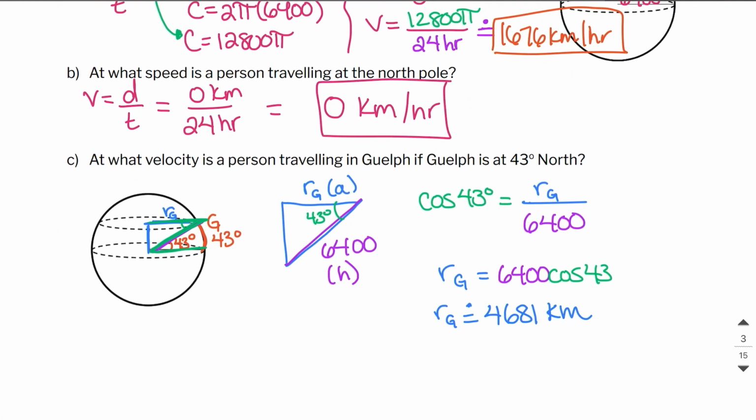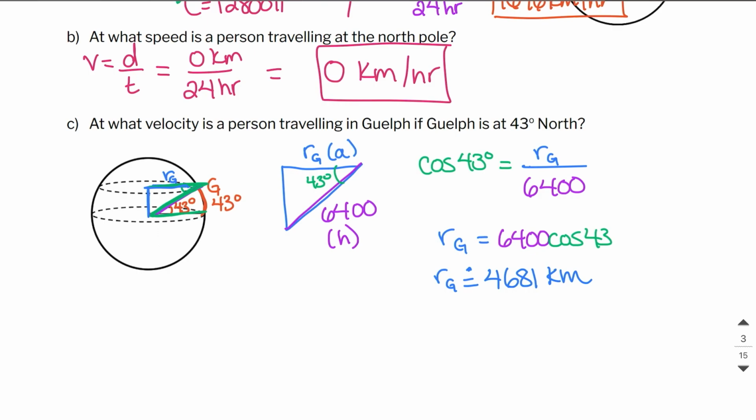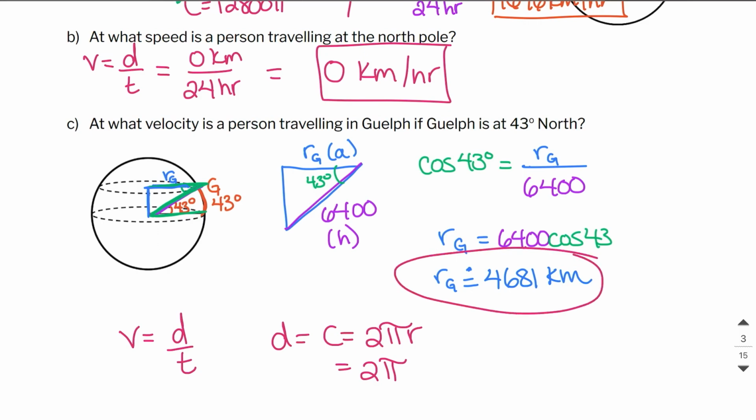So we know that that's the radius of Guelph, of where Guelph is on the globe. But now to find the velocity, I have to do distance over time, but don't forget the distance is the circumference. So I'm still going to do 2 pi r, but this time my radius is not 6,400. It is this value right here,